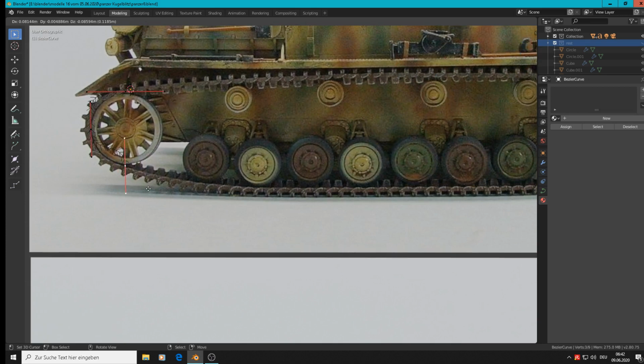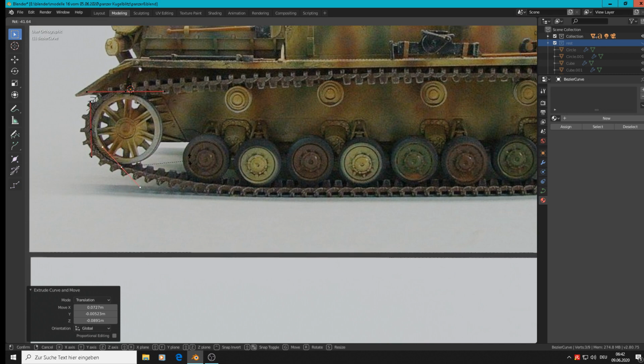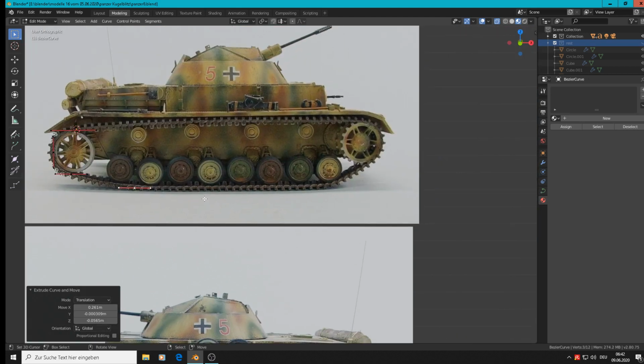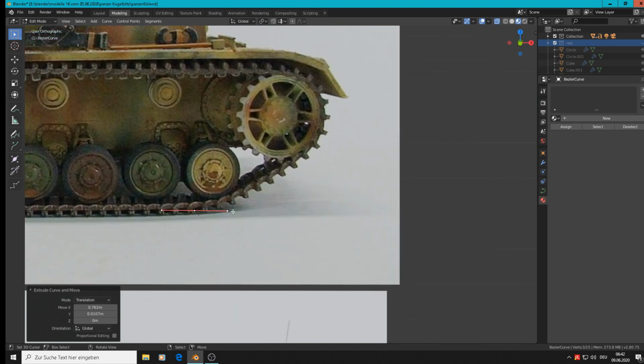Extrude and bring it there. Rotate, that we have there horizontal. Then extrude again till that point, and extrude again till that point. Now I must think about it. Extrude it to that point, rotate in the float, extrude till the start of the roundness, rotate in float, extrude again,